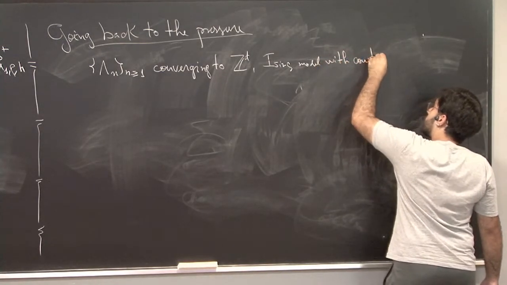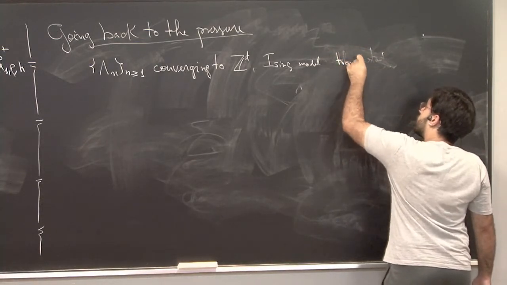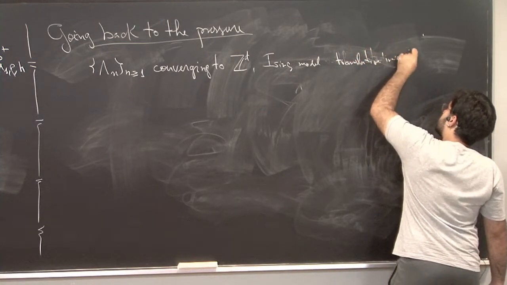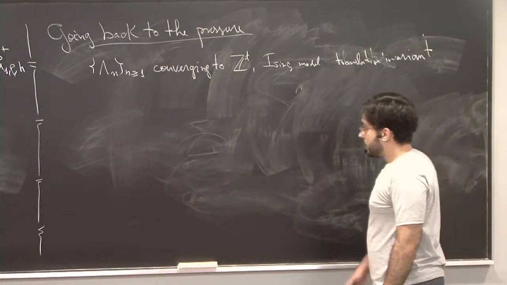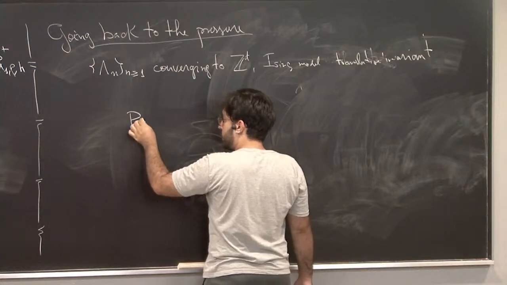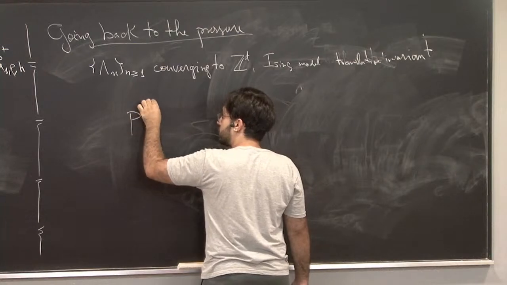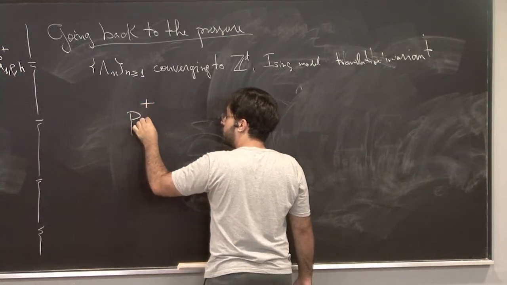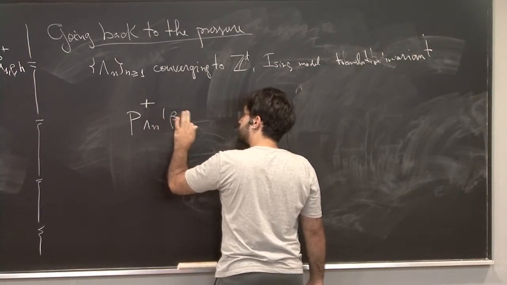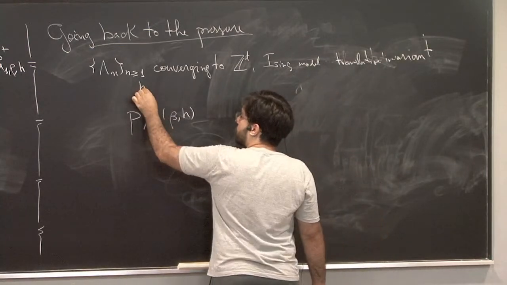Actually translation invariant, okay? Translation invariant. In this case, translation invariant. So what can I say about this? So, about this, the sequence of local pressures with plus boundary conditions. So, if I consider h, okay,